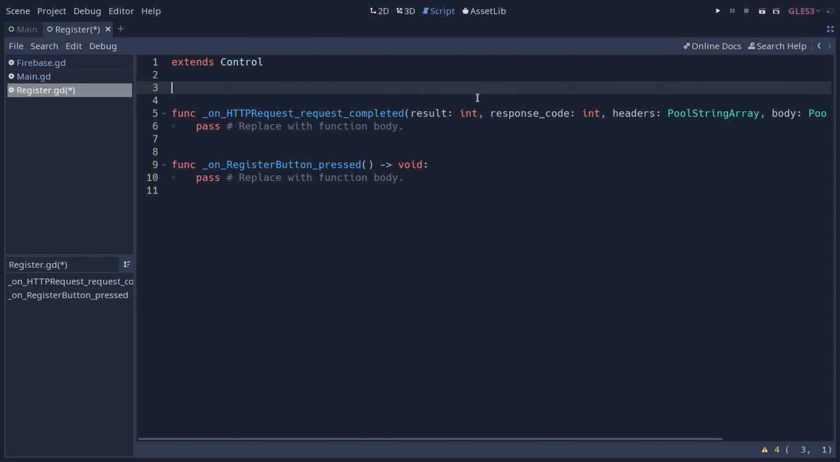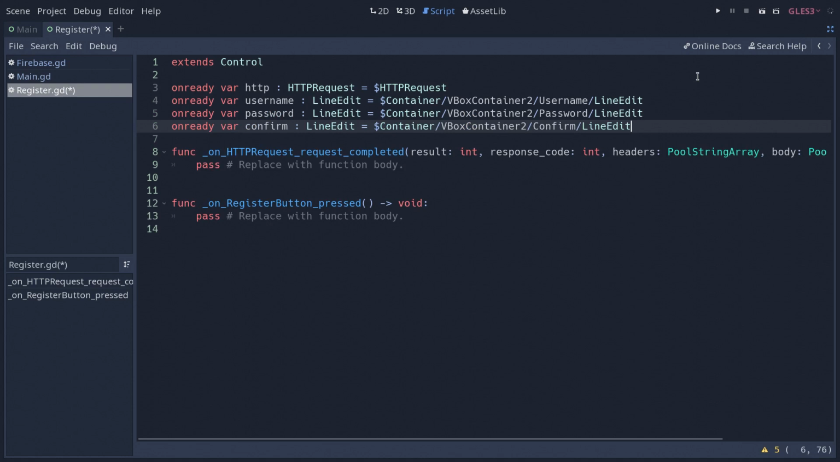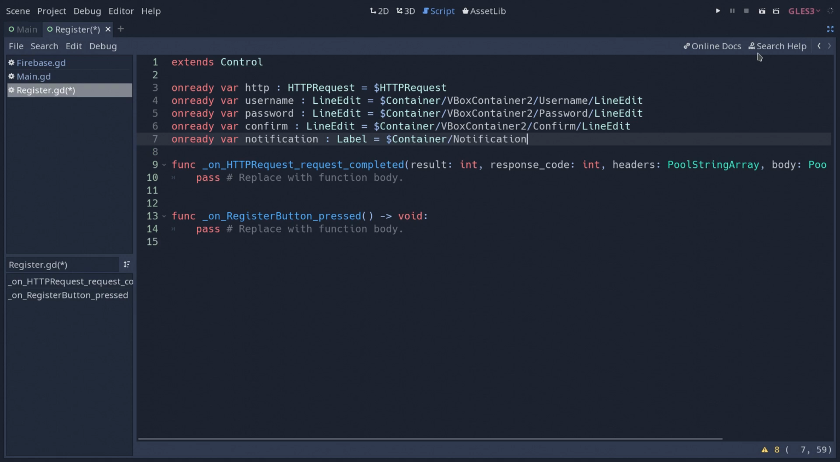Now at the top of our script, we're going to first get a reference to our HTTP node. We're then going to get references to our line edits for our username and the password, and also the password confirm. And finally, we're going to get a reference to our notification, which is a label that we're going to use to communicate to our player